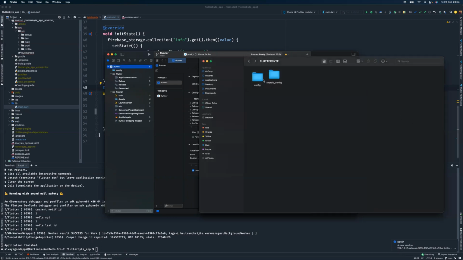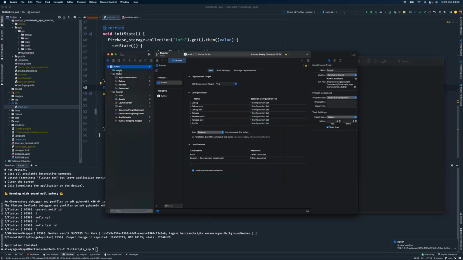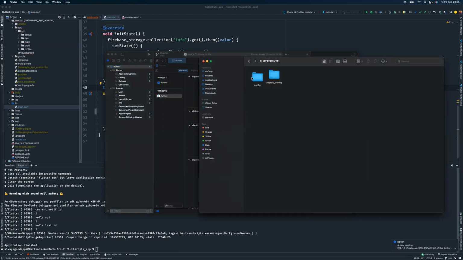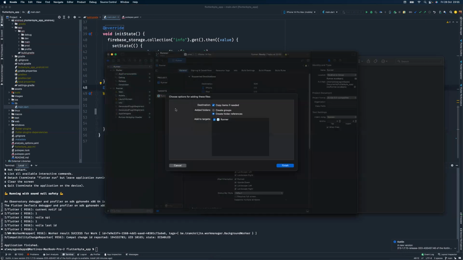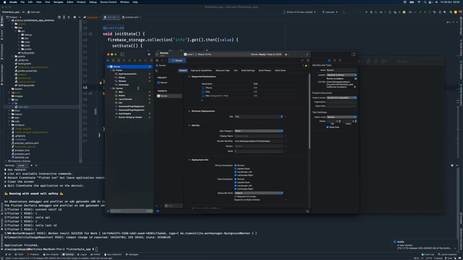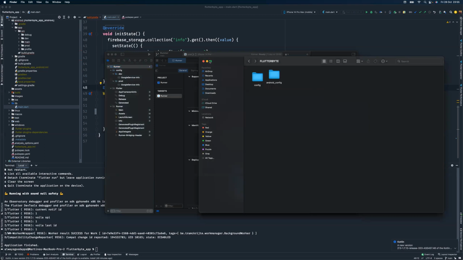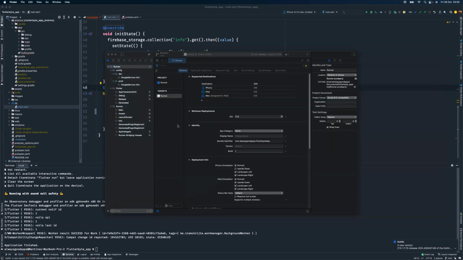I think something is missing. Something is really missing. So let's delete it and do it again, because clearly we cannot see the dev and the prod folder inside it. So now we have it. Cool, we have both of them here. So the last thing to do now is